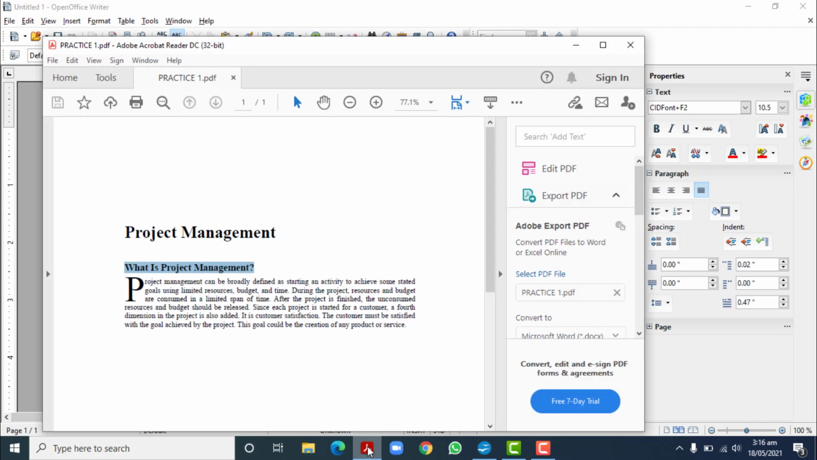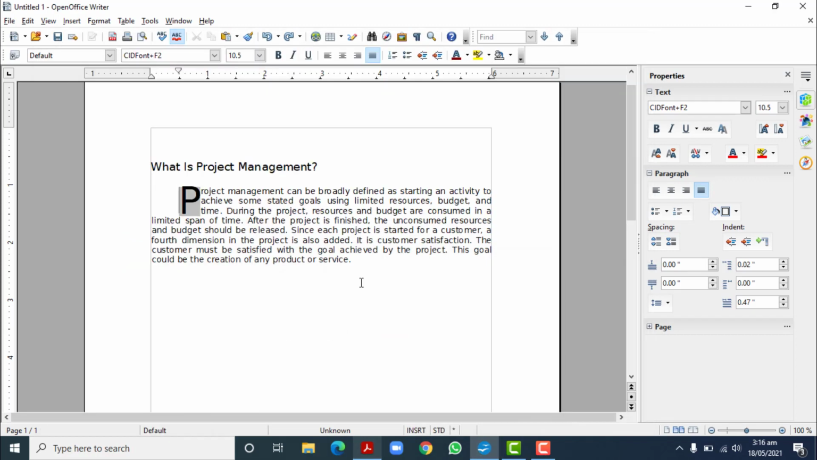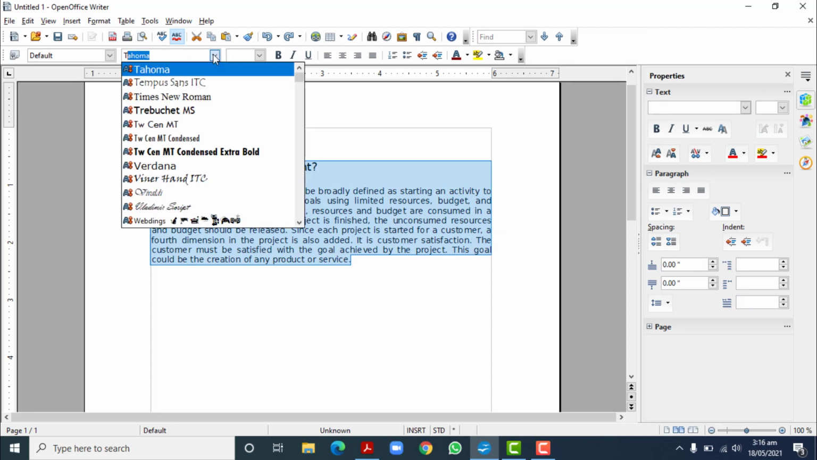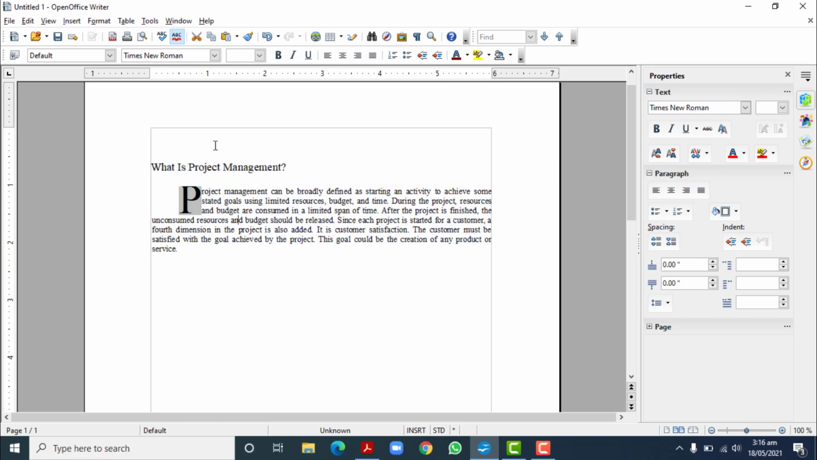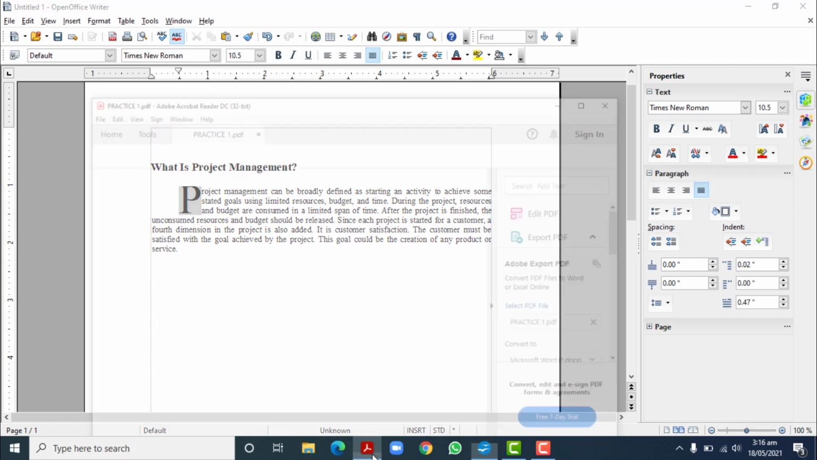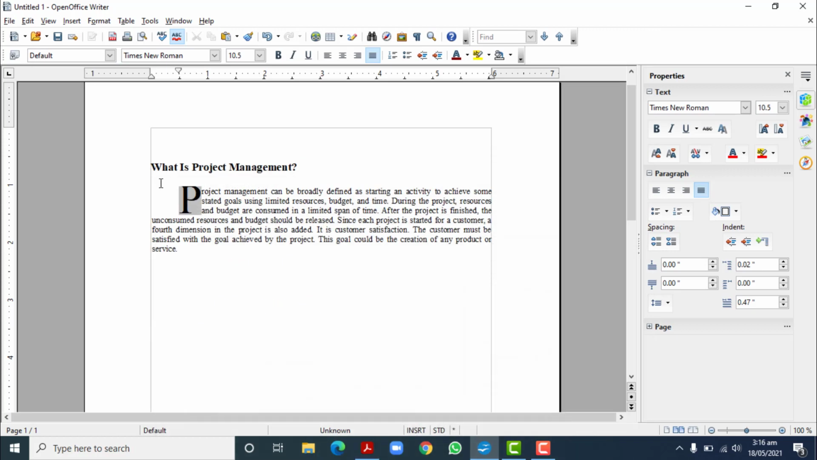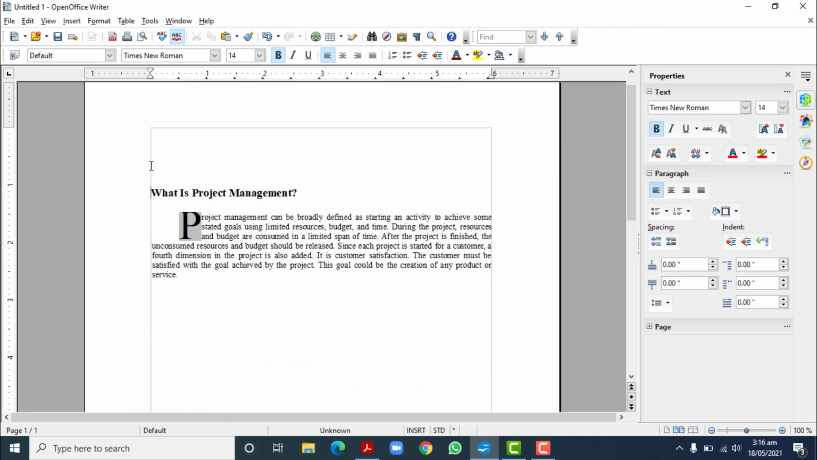Okay, so for the font size, I can see that it is Times New Roman and 12. So I will select the paragraph and I will change the font name. So it should be Times New Roman, and this one was bold, and there was one more heading, project management, at the top. So project management,